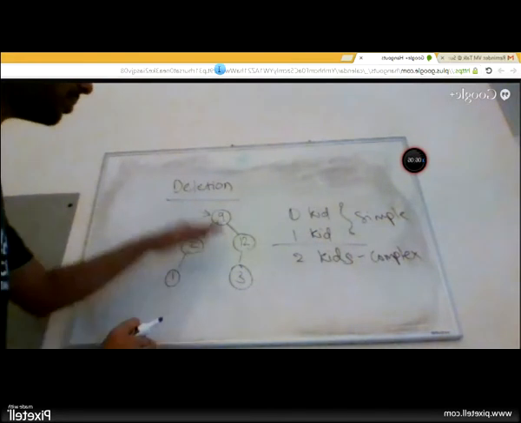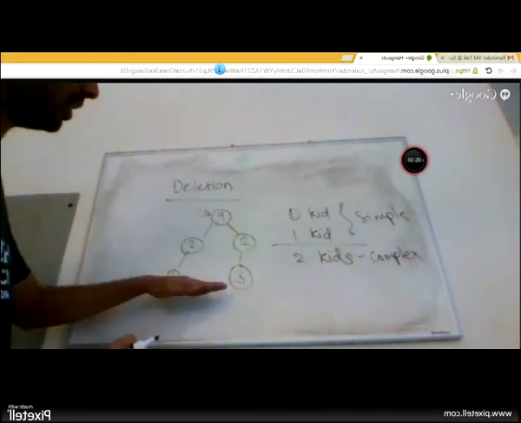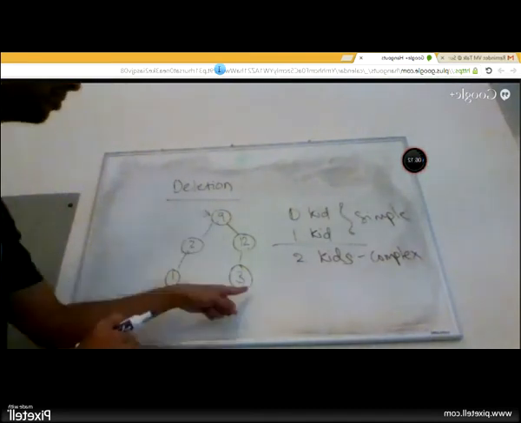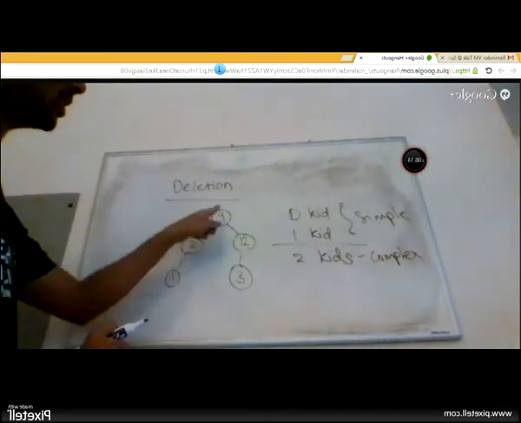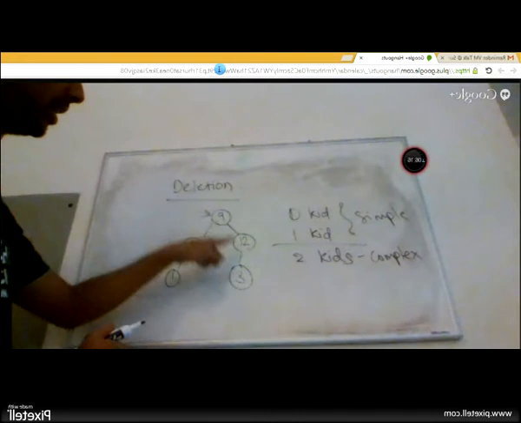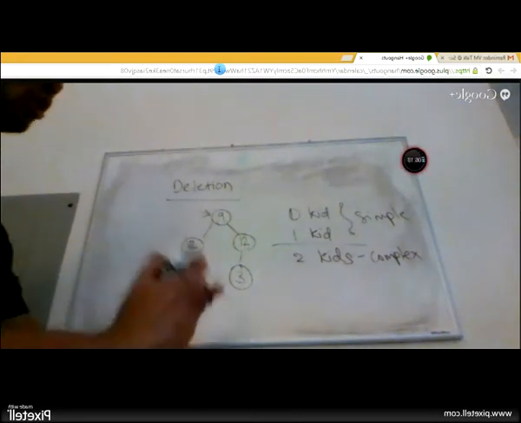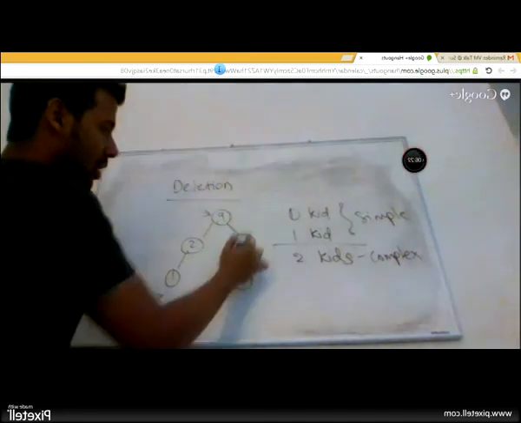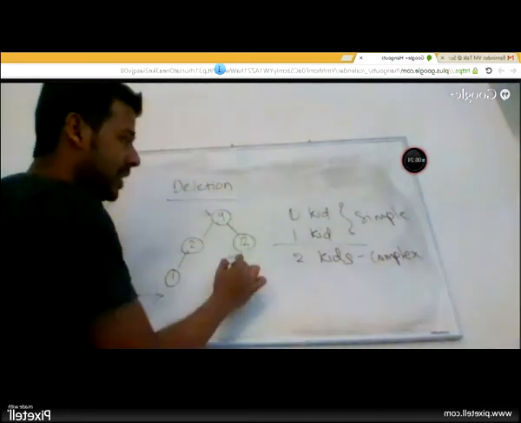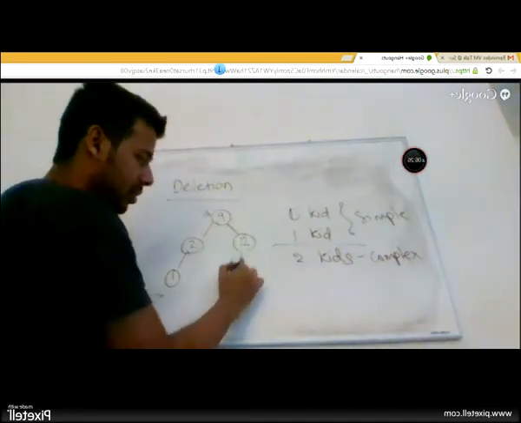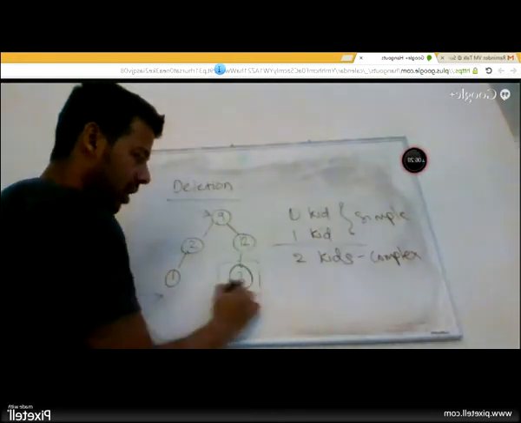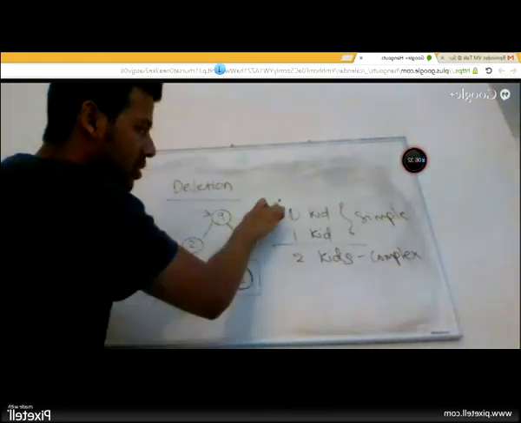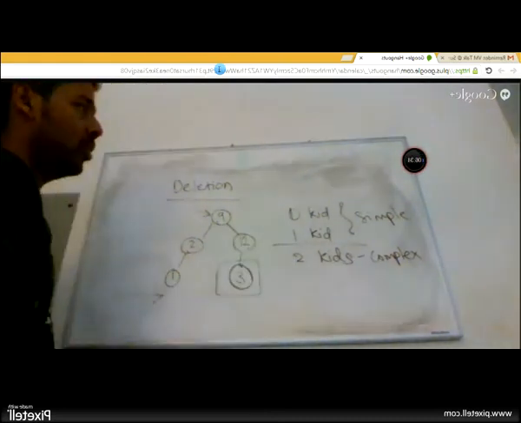Note that at this point I am not done with my deletion yet. It's still there. But at this point I have broken the binary search tree property. I now have a node which is lesser than 9, but it is on the right subtree. But that's okay. We are not done with our processing. So once I do this, I now call delete on this node. I now go and say delete this node. When I do that, it reduces to one of these.